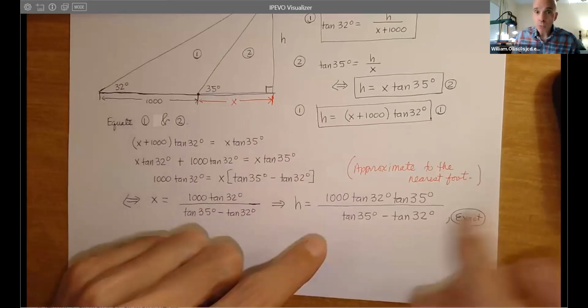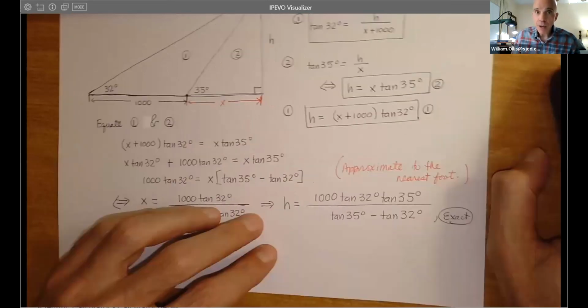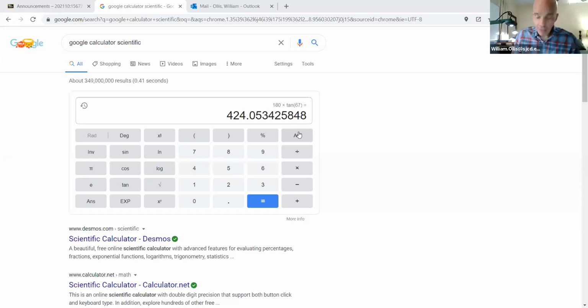And so now we can go to our Google calculator, our good friend. And so now we can use parentheses upstairs. So we'll have parenthesis